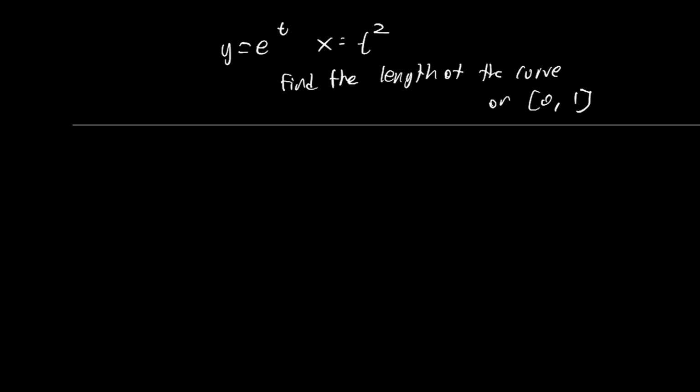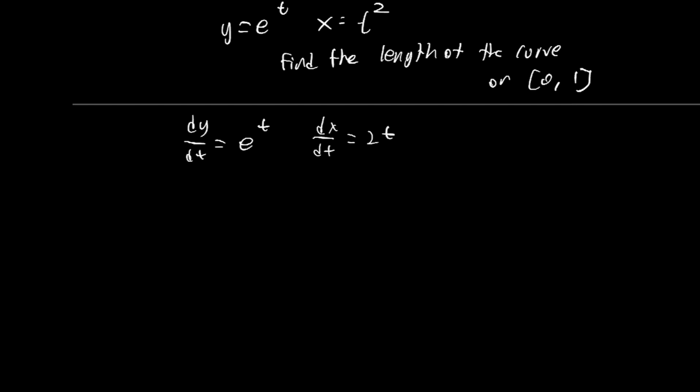Well, first thing I would do is find dy dt, and this is going to be e to the t. dx dt will just be 2t. And remember that the length is just the integral on the interval, and of course we have the square root of e to the t, all of this squared, plus 2t squared